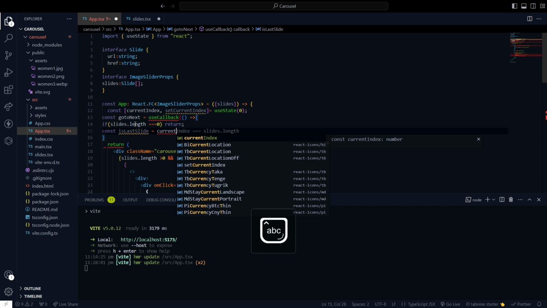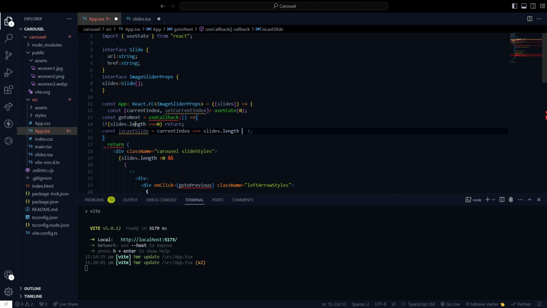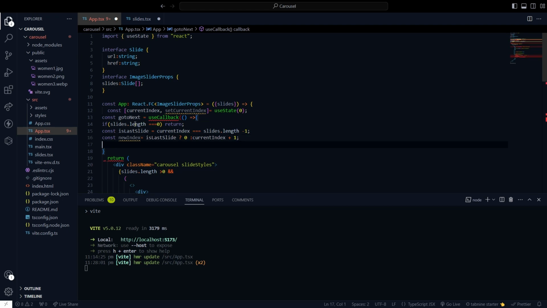Okay, and we need this one, and inside of the setCurrentIndex we need to pass the new index. So the new index is equal to isLastSlide. If that is equal to 0, then write currentIndex + 1. Okay, wait, current + 1, yep, comma, in the array we will pass the current index, and another thing will be slides.length. Okay, and yeah,